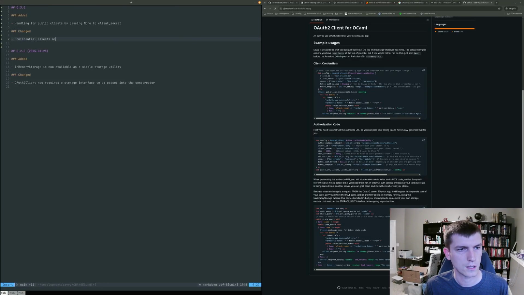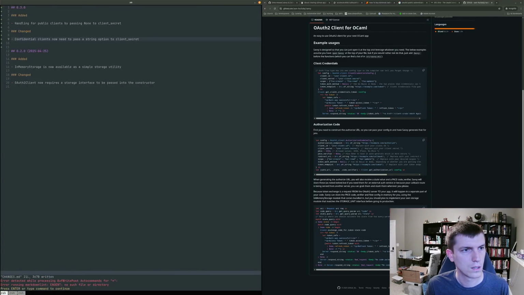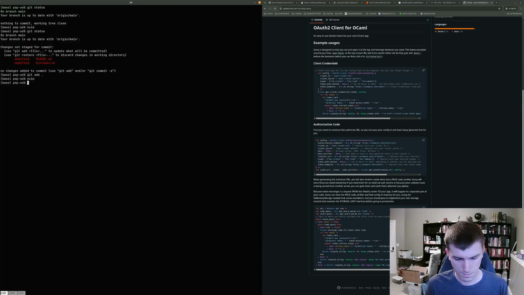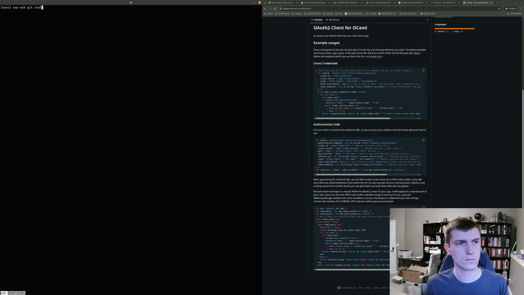Confidential clients now need to pass a string option to client secret. All right. Update changelog. README. All right.